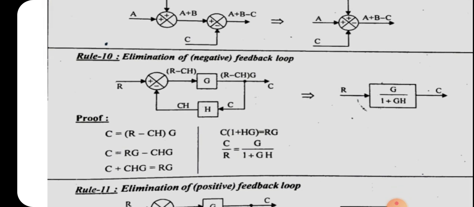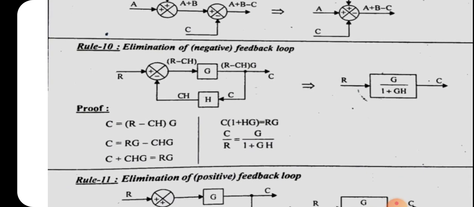And next is elimination of the negative. 10th rule is elimination of the negative feedback loop. So here is the block diagram, and this block diagram consists of a summer, forward path gain G, and a feedback path gain H. And in the summer we are giving the input as R, and there is a G in the forward path, that is open loop gain G, and the feedback path contains the gain H,